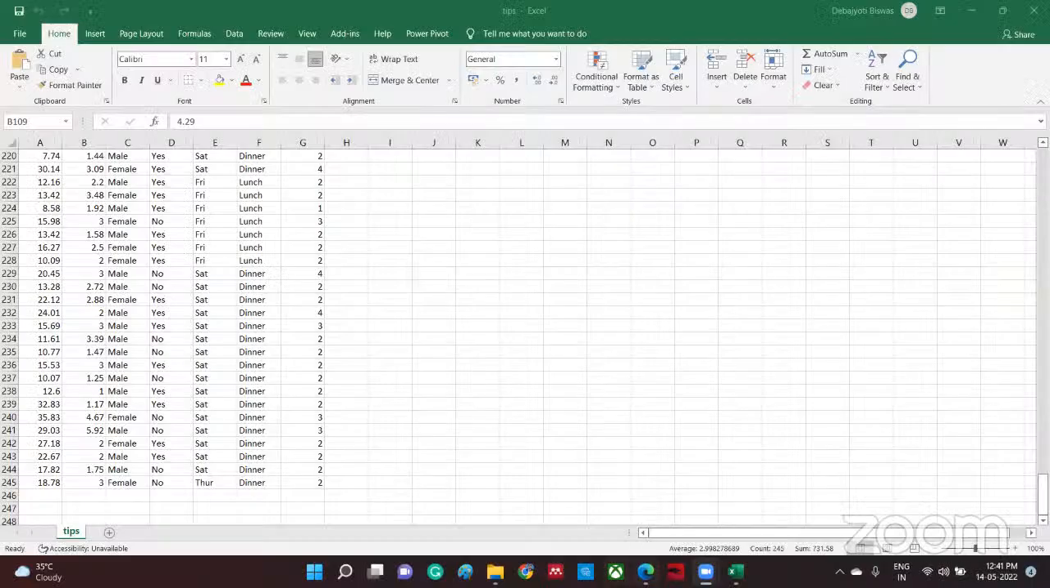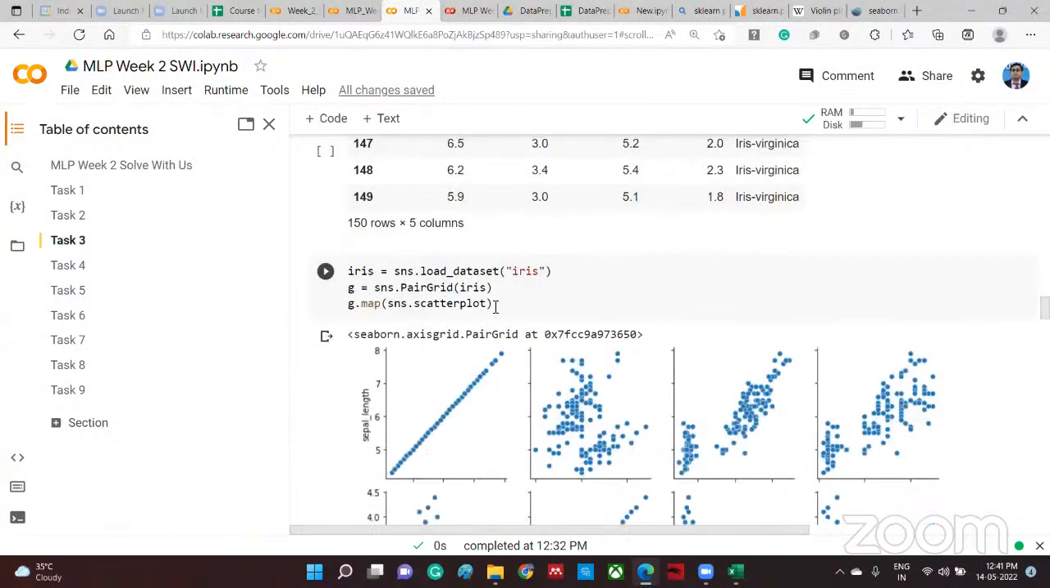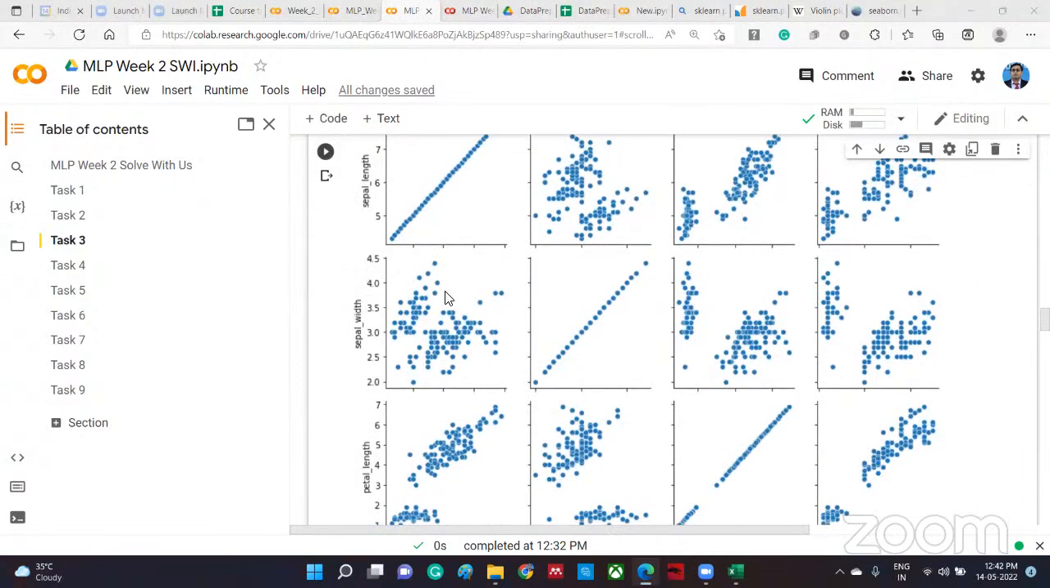So then we did a pair plot, a grid plot, of the Iris data set. In the code, I'll just post it here. You can check it whenever you are free later. This is very easy, not a very important thing. One noted thing you can see: